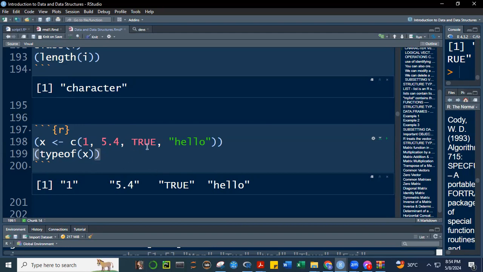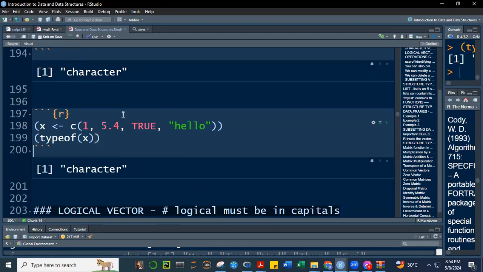So there was coercion that happened. True was converted into a character. Hello was converted into, of course, it's already character. So if you get the type of X, it's a character. So whenever you have a one-dimensional object here, a combination, and it's mixed,